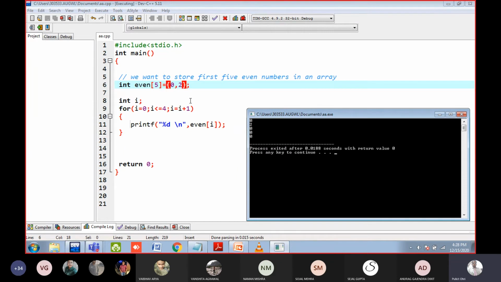If I am not filling anything in the array, garbage value is filled in the array. But if I am filling at least one element, then all the remaining elements are filled with the default value of the data type. For example, here I have filled 2 elements, 0 and 2. So the other 3 elements are empty. Yes or no? Because we are using the integer data type, the default value means 0. Similarly for float, it will fill 0.0.